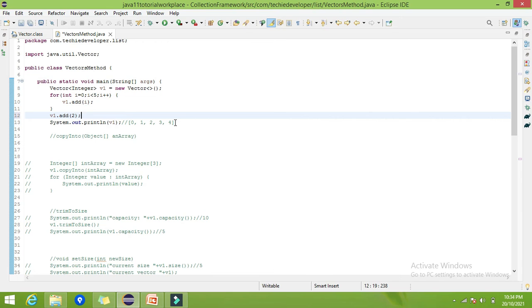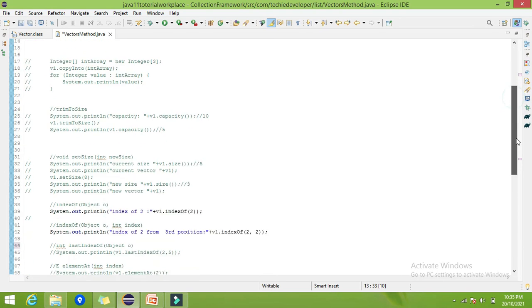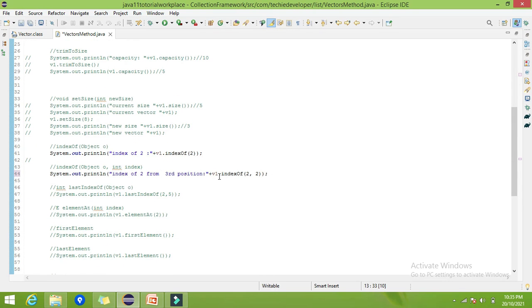Now what I want is to search this vector from this 3. It should avoid these elements and it should start from here for the element 2. This 2 is added just now. So I want to search the vector from the remaining elements 3, 4, 5. I don't want to search in the vector up to index 2. So for that, I will use the method v1.indexOf(2) and let's give the position as fourth.